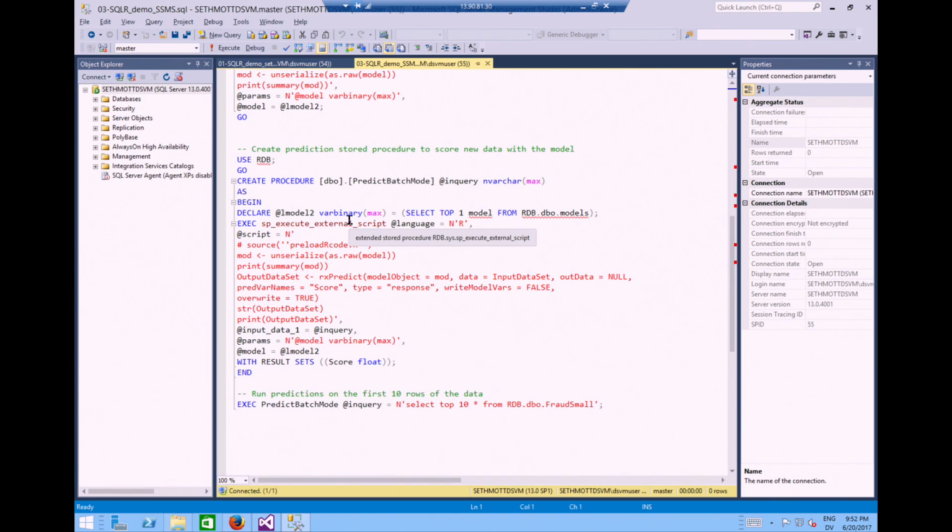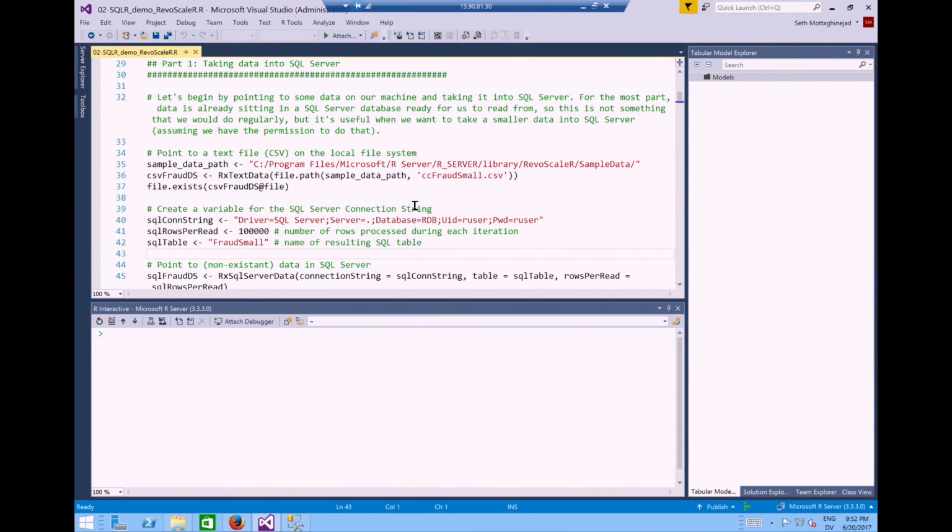And I'm going to go back to the Visual Studio IDE in this case, and we're going to look at both architectures. One, the data scientist scenario. This is what we're going to spend most of our time looking at, just because it's the one that most people are unfamiliar with, especially thinking about the audiences that come to this sort of talk. A lot of people come more from the SQL background, wondering what our services is and how they can use it.